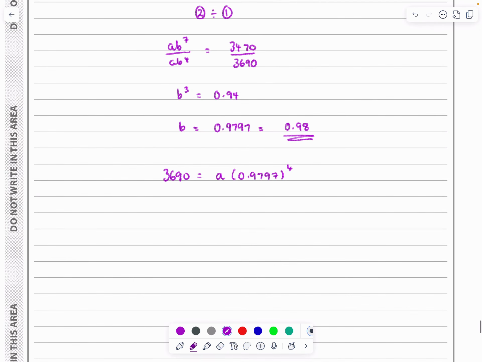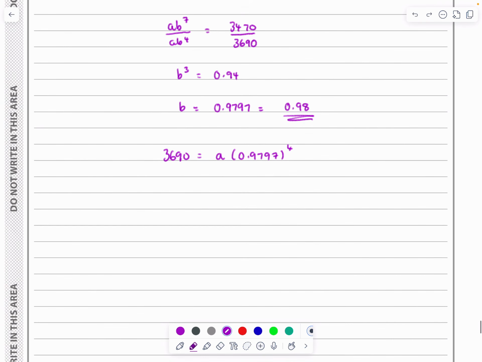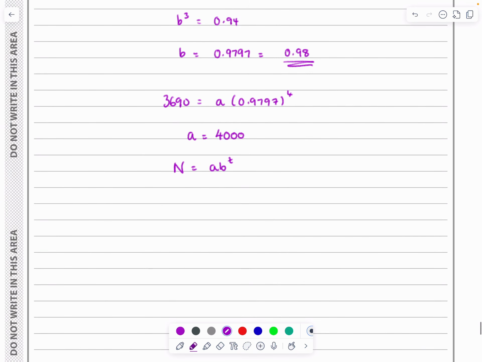Use the exact value, don't use the corrected value there. If I do that, then A works out to be equal to 4,000, and so my n equals AB to the t now works out to be n equals 4,000 times 0.98